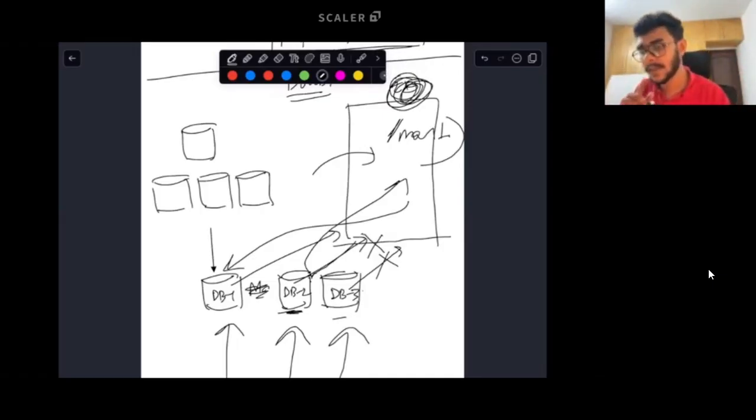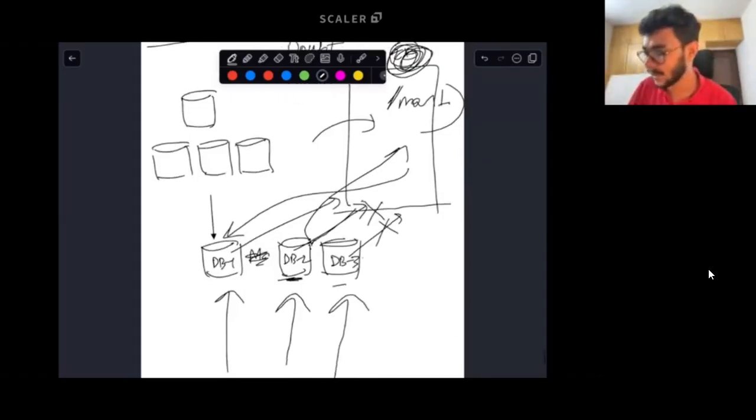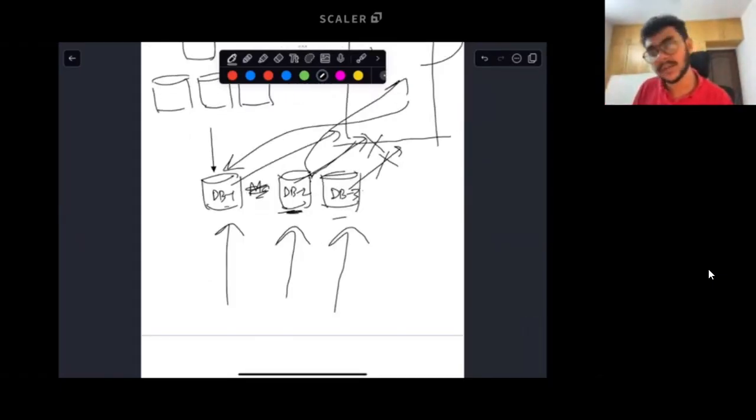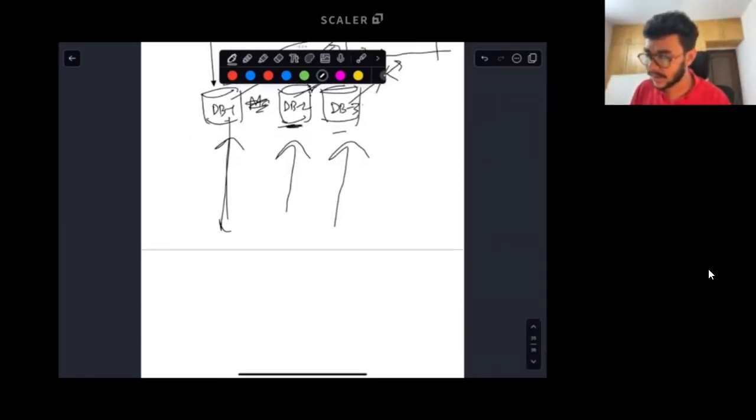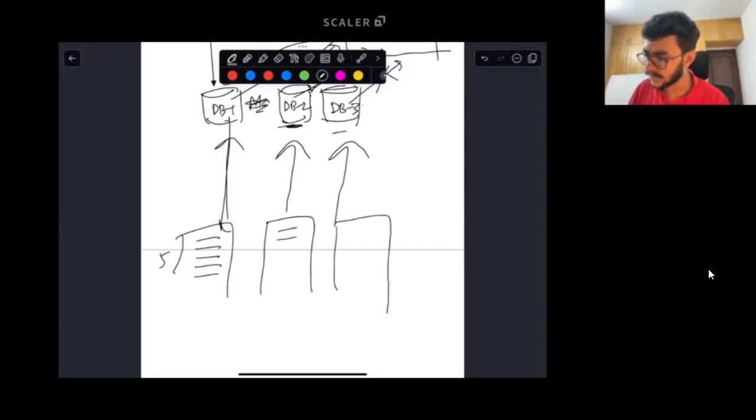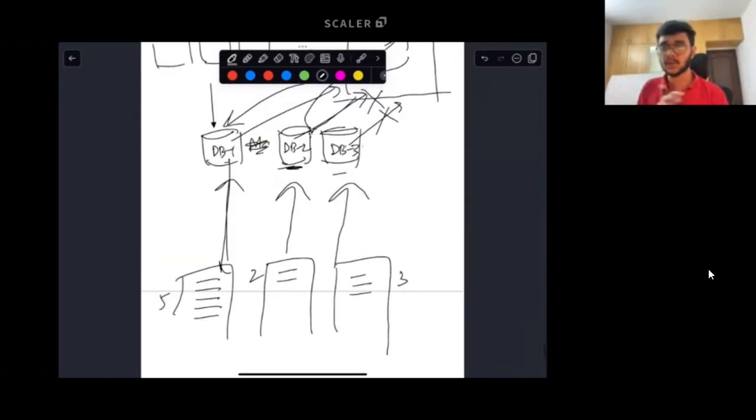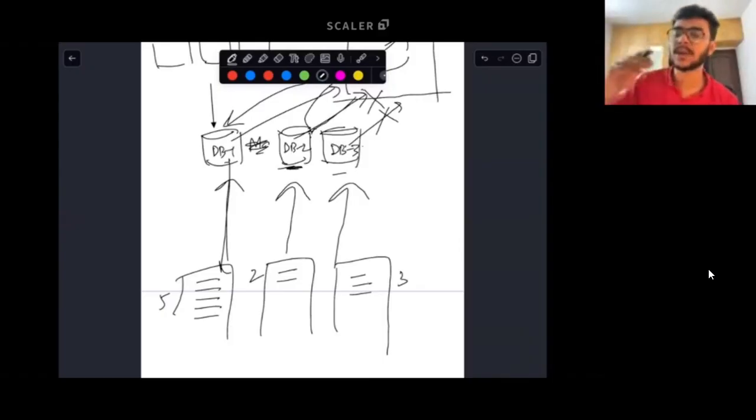Got it. And there's case 3 also, I just recalled. Case 3 is, let us say some of these databases had some writes. This database has the WAL of it, let's say it has 1, 2, 3, 4, 5 writes. Let's say this database had 2 writes. Let's say this database had 3 writes. In this case, the databases need to do some sort of a gossip protocol amongst them and figure out who is the leader, which is what they do when a master fails and a slave has to be promoted to become a master.